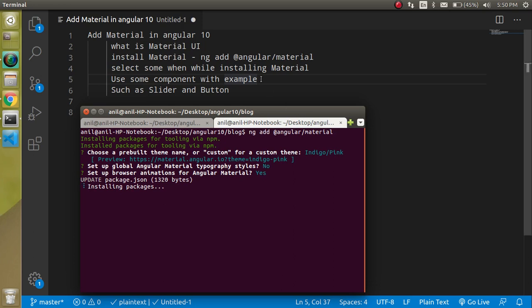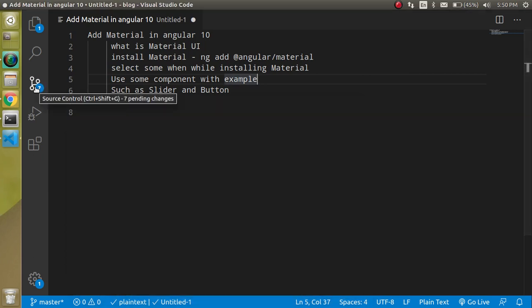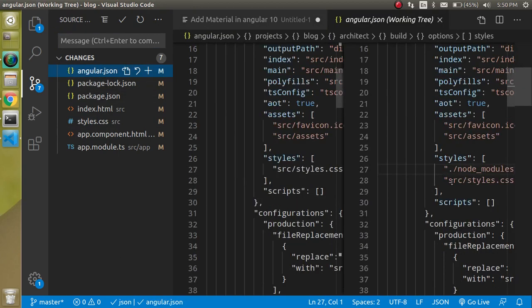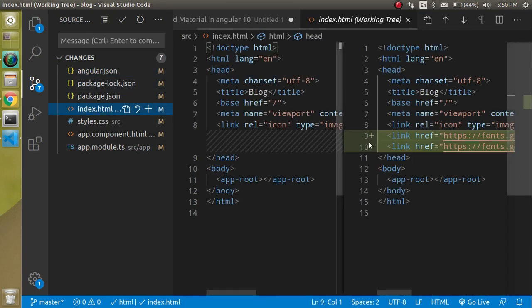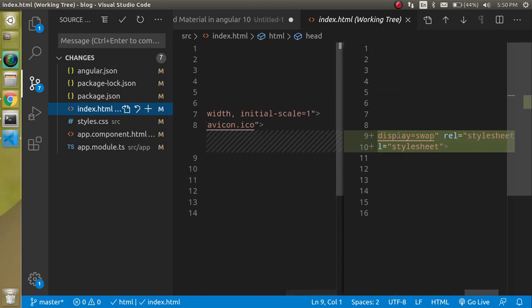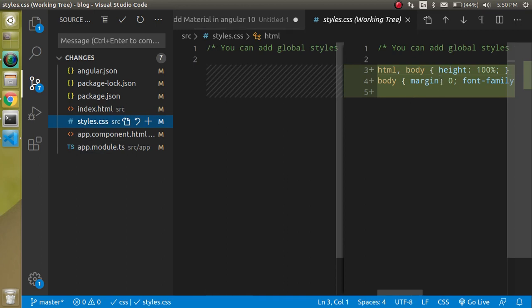So it will make around 6 file changes, and here you can see that one file is changed by me, and another file which is changed is angular.json, to include the style. The package.json and lock.json have the package dependencies which are installed by it. And here it also installed the fonts and all. One more thing, Material UI always works with the Roboto font only, right? And it provides a little bit of style to the body and HTML and all.